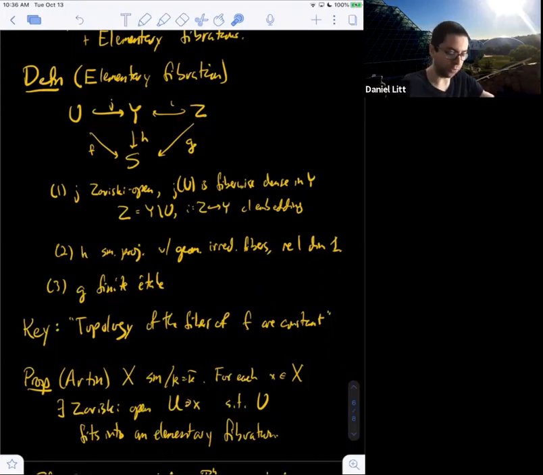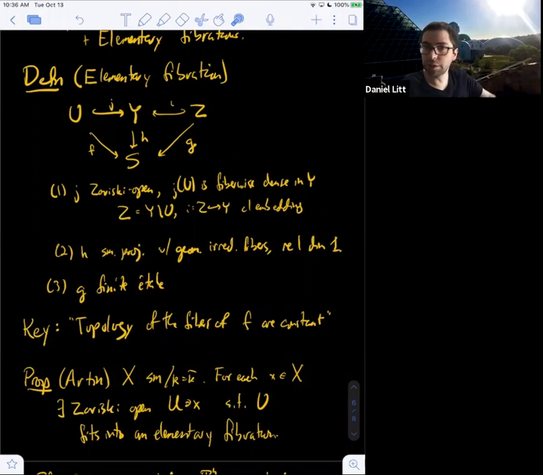And then the main thing you have to arrange is that when you delete those bad loci, the loci which make you not be in this situation, you keep X, so that you don't delete X. So the care is doing things generically enough that you can keep X in your open even when you delete all this bad stuff, and arguing that you actually can arrange that.